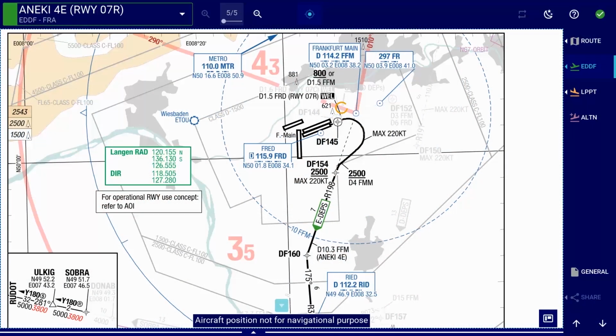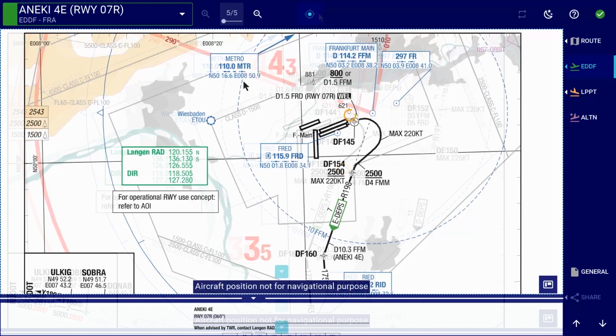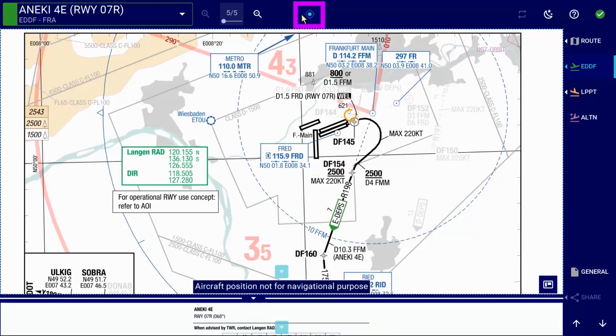Welcome to our tutorial. In this tutorial, we will show you how to hide and show the OwnShip symbol in the Lido eRouteManual version 5.2. This function was introduced to ensure that our application remains compliant with the certification specifications outlined by European Union Aviation Safety Agency. To hide or show the OwnShip symbol on the terminal and enroute charts, simply tap the location button